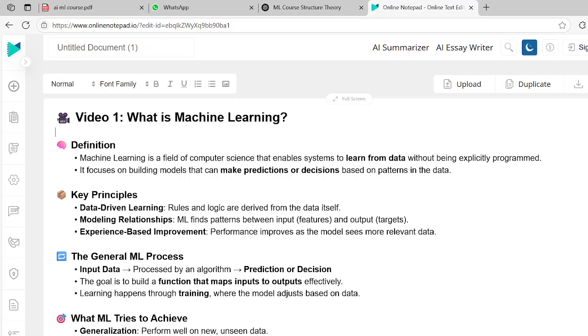A machine is learning from the data without being explicitly programmed. So it is basically used to find patterns in the data and using these patterns in order to make predictions